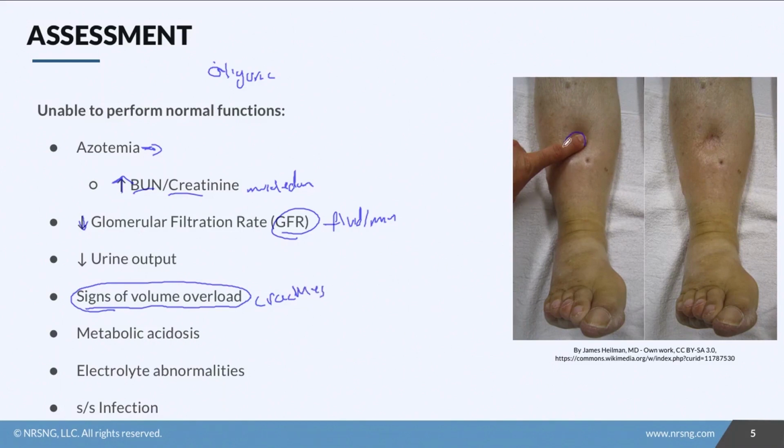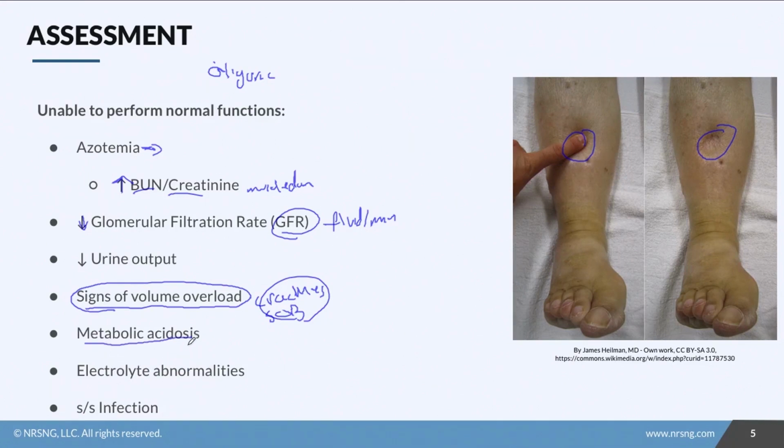and we might see this type of pitting edema in our patient as well, peripheral edema. And as it progresses, we might also see pulmonary edema as well. So they would also have shortness of breath and the crackles that we talked about as this fluid starts to build up. Now, because the kidneys aren't retaining the bicarb buffer like they should, we're going to start seeing